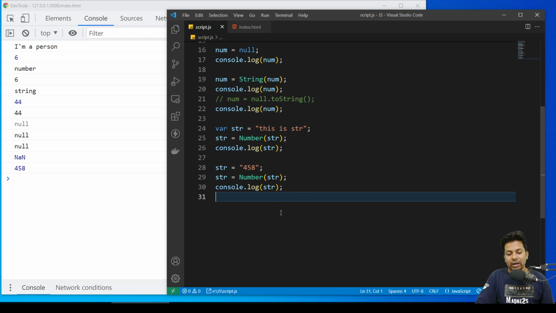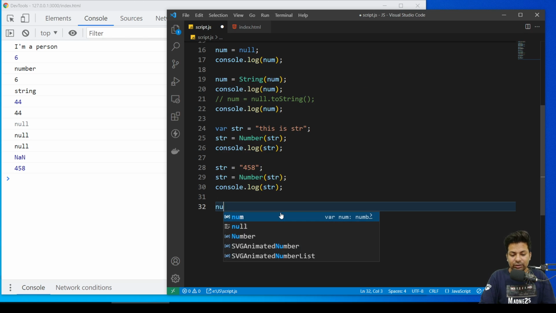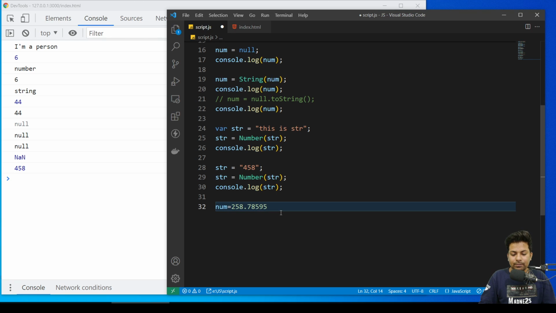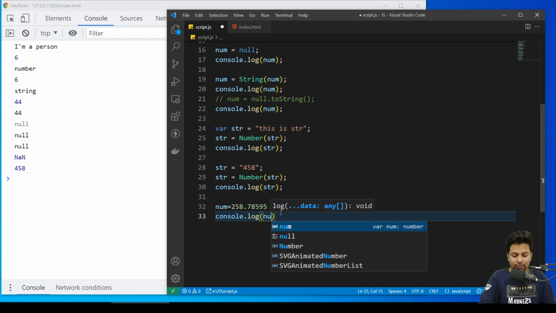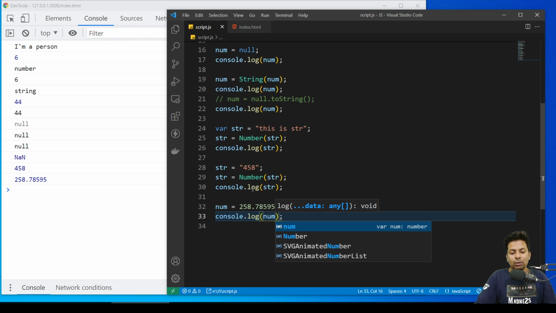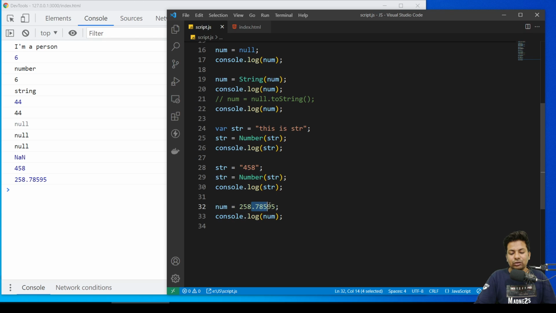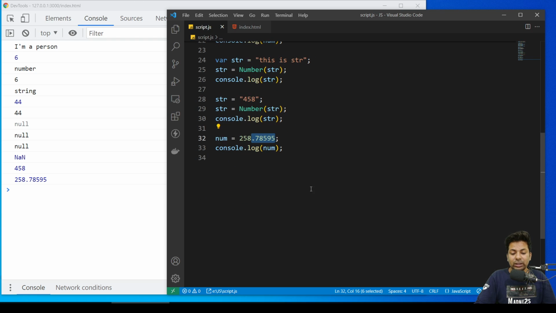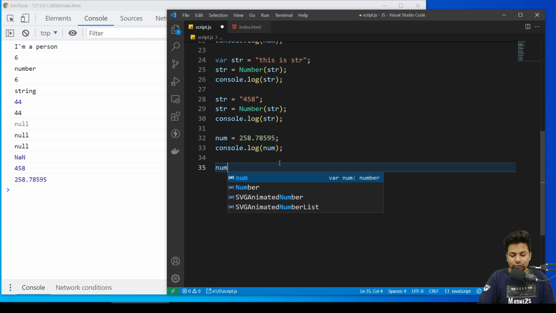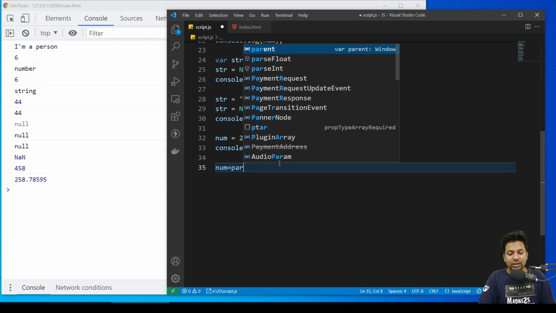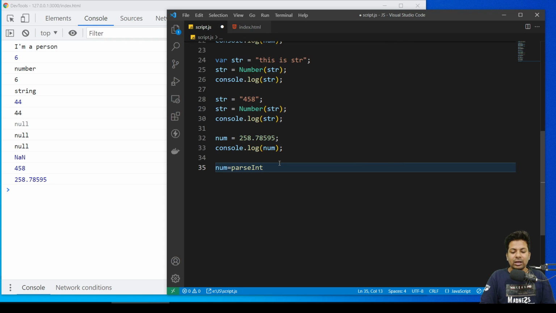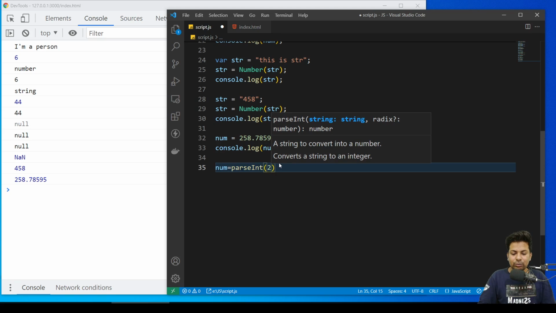Now suppose you have a number, num equals 258.786. Now if you console.log num, see, now you want to reduce this number, this decimal part is of no use to you, completely useless for you. So what you will do, you will say num equals parseInt. parseInt means just give me the integer and remove the other values.